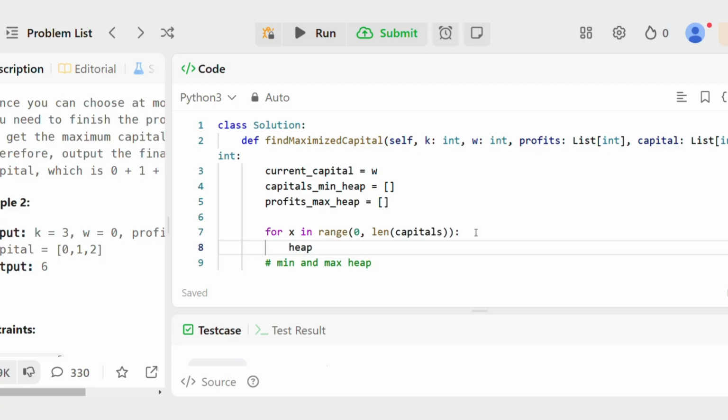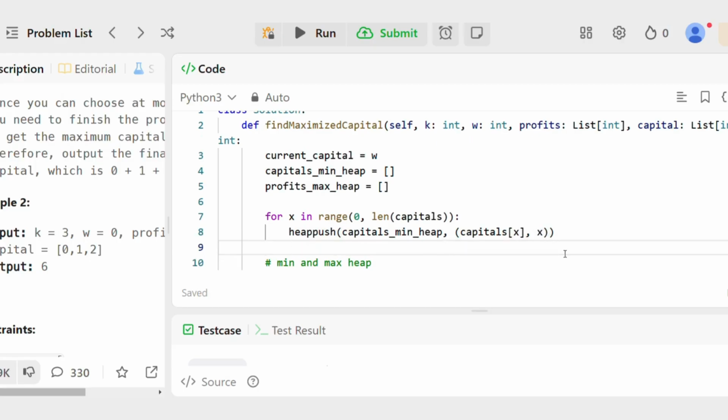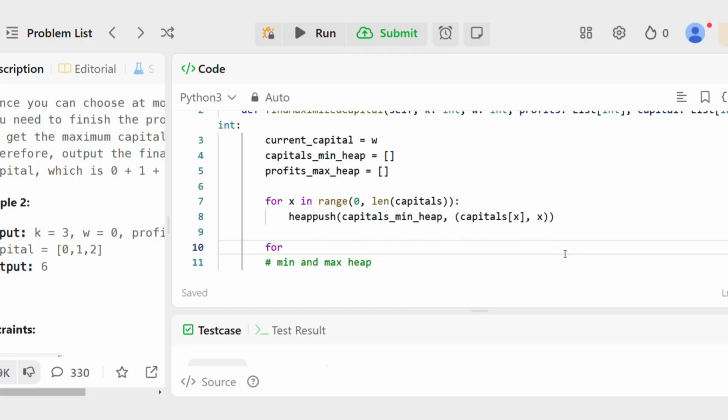So we're going to say heap push, capitals min heap, and then the values of the capital, capital X, X. Okay, now another thing we're going to do is say for this in range K,